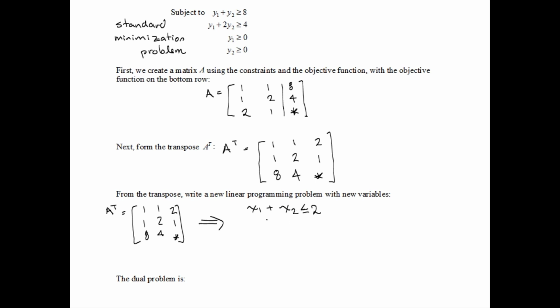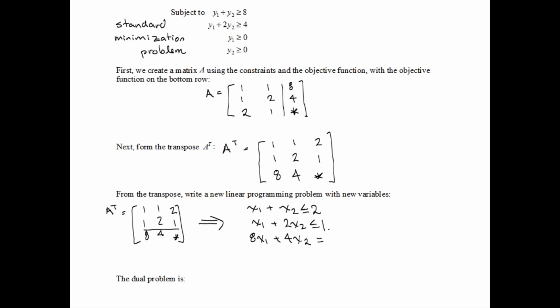So that's from my first row. Notice I've rewritten this as a less than or equal to 2. So just right across, use that to create your inequality. Here's my second row. 1x1 plus 2x2 less than or equal to 1. Now, my third row is going to correspond to my new objective function. So I'm going to use the 8 and the 4 as coefficients. So I have 8x1 plus 4x2 equals,